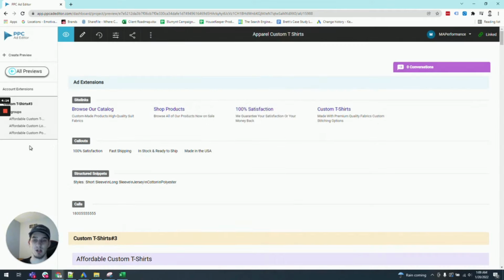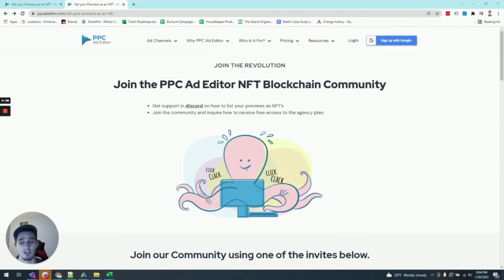One other thing I want to mention about this tool that I think is really cool is that they're getting involved with the NFT space, and they do have a Discord currently where you can discuss selling your Google Ads campaigns as NFTs. I think that's a really interesting concept. They're also doing something called, I believe it's pronounced, the PK'd profile, and it helps validate you as a practitioner or an agency. It's kind of hard to explain because I'm not great at NFTs or anything of that nature,